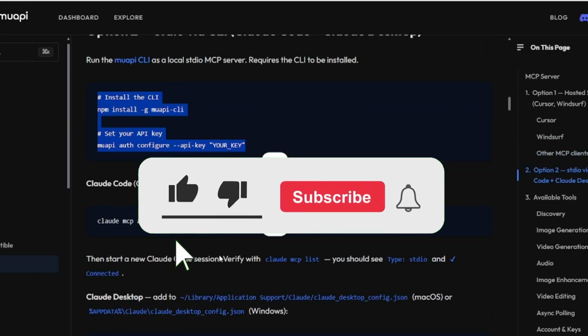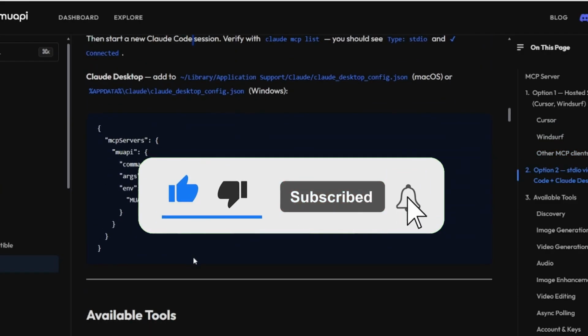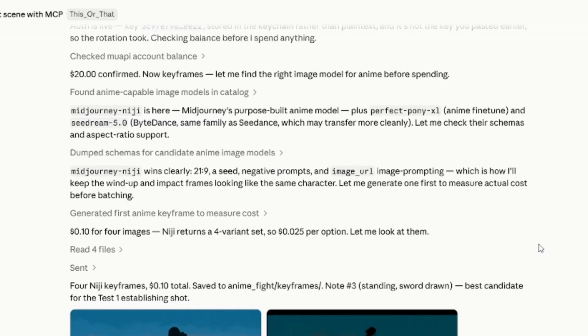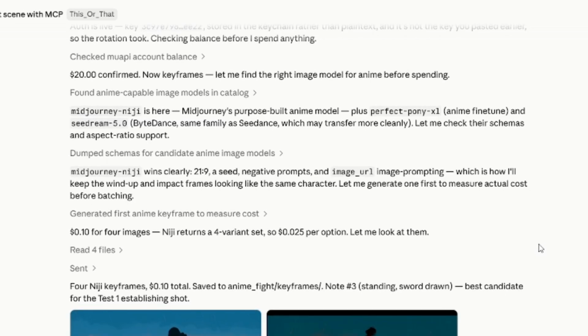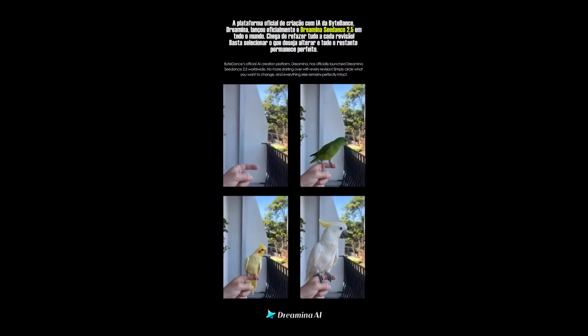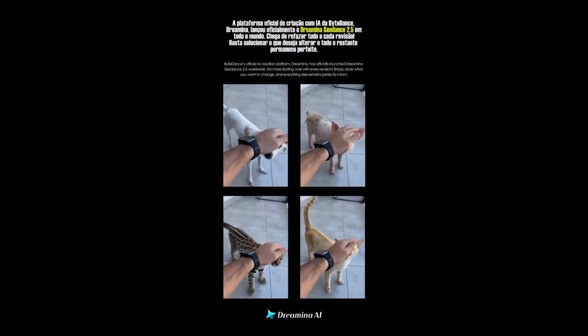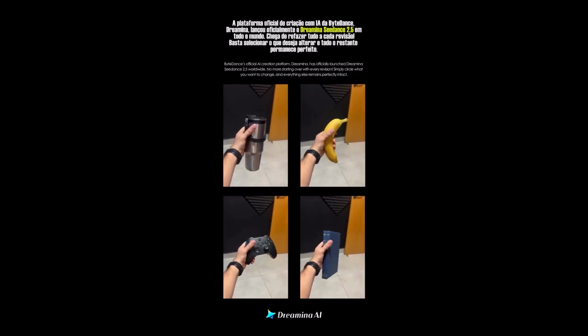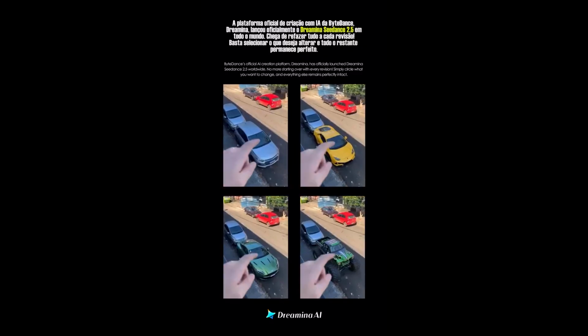The second step would be to treat Claude like you're a creative director. Instead of trying to learn filmmaking in 30 seconds, how about you leave that to Claude, who has all this data on filmmaking, different lenses, different types of shots, and a whole bunch of information on movies inside of his database. You just tell Claude what you want to see, whether it's realistic, anime, 3D, or even some type of Lego movie. You can just tell Claude the gist of what you want and let Claude break down the specifics